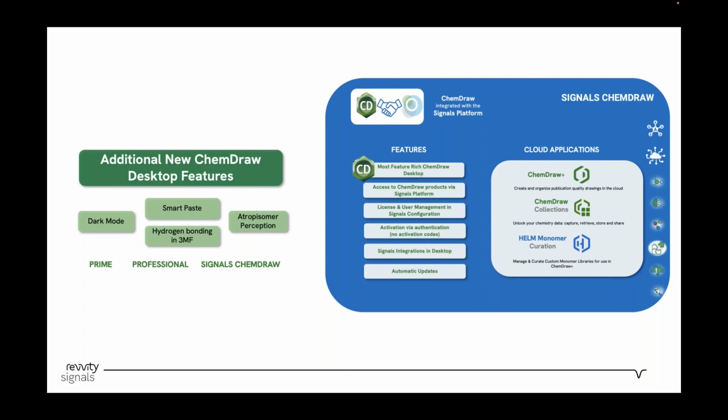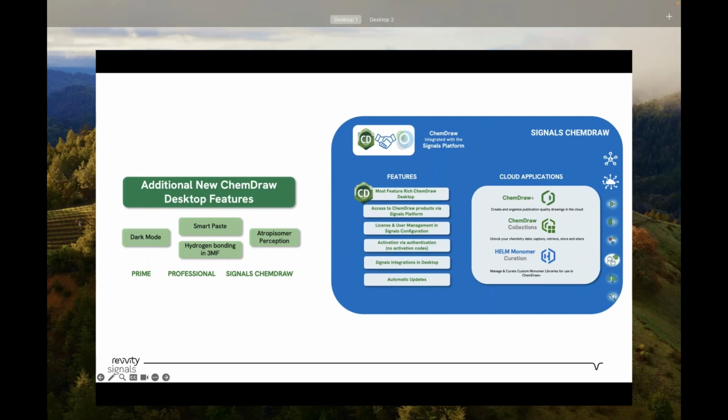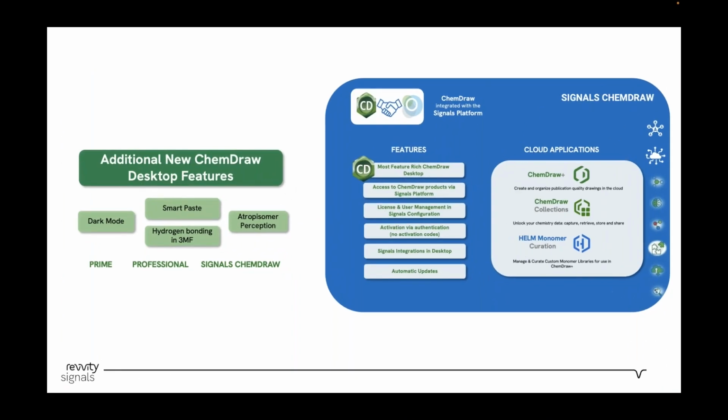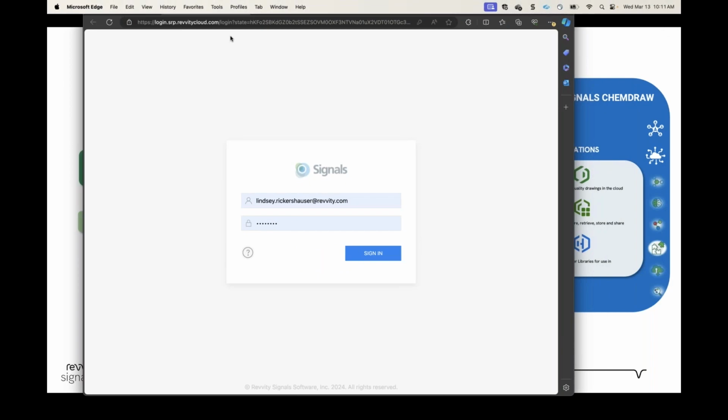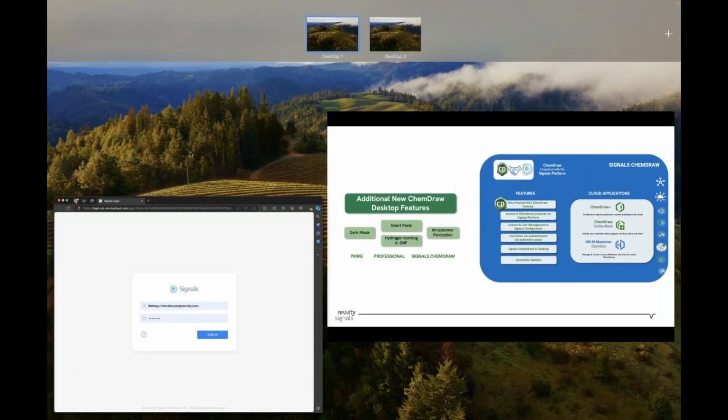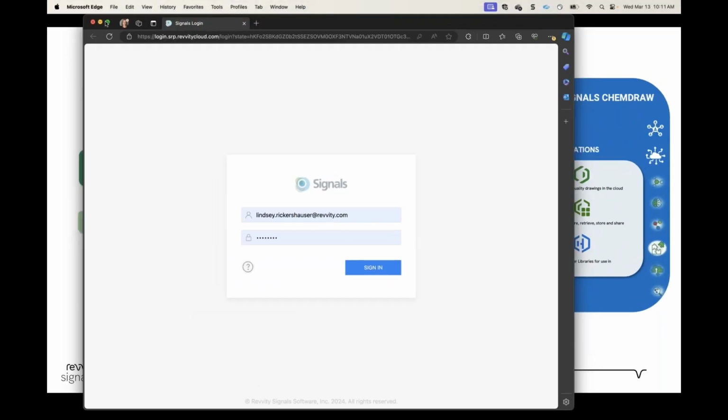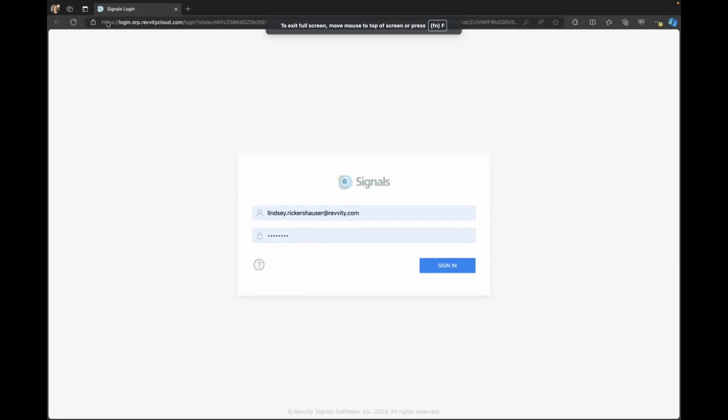Okay, so that's a whole lot of information. I really want to get rid of the slides now and go ahead and give you a quick demo. So I am going to just quickly show you the Signals ChemDraw experience. Okay, so